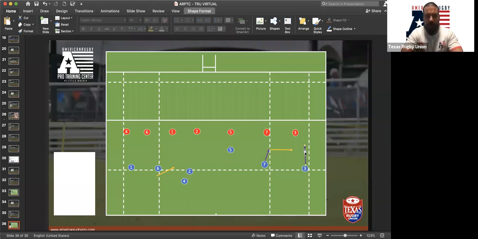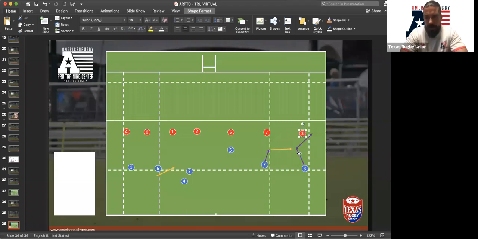What you may see as well, if we want to advance this to the next level, is we can run an in and out line. If the 3 is opposite the player, we can run an in to out line, which looks similar to this, where the 3 would then bite on that first movement of the other 3. So red 3 would bite, they'd come in here, and then they'd run that overs line. So we'd actually get the ball into that space.